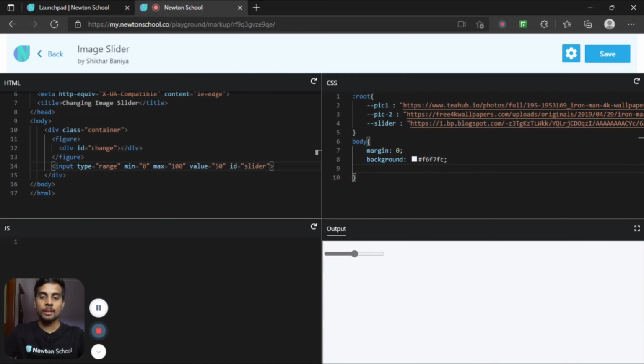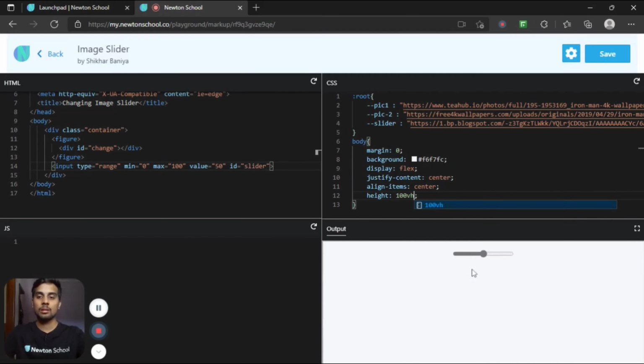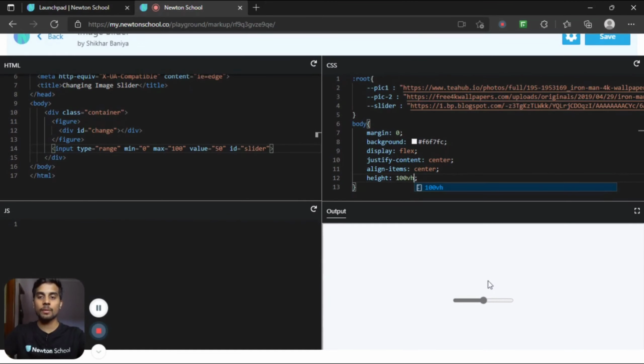Also, I want to display this slider at the center, so let's display it as flex. Justify content center, align items center, and we have to specify height as well, 100 view height, so it will come at the center of our web page.